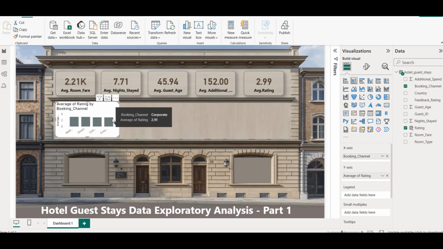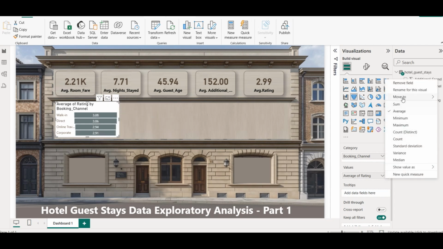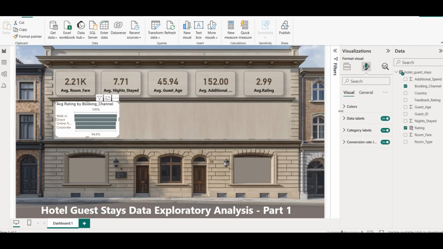These numbers are very close to each other. You can also select this. So we have different options of showing this. Graphs that can be used here are a stacked bar chart or a stacked column chart or clustered, because we don't have any other field. We can also select a funnel chart. So in funnel chart you can see walk-in, direct, etc. are given and their numbers are also given as a funnel. So we can simply select average rating by booking channel, and you can go and select its graph here,